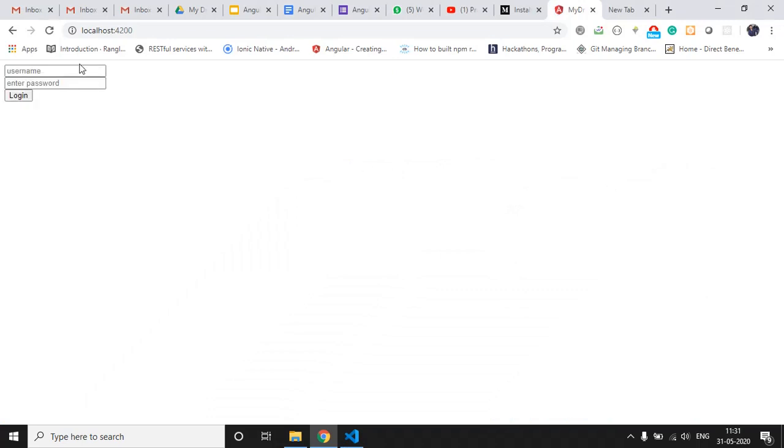Now here we are on the login component. We enter something, and when we click on login, the expected behavior is that it should go to the home page, right? So now I'm clicking it. Yes, we have successfully implemented the navigation as well. I think we have covered all the things which we proposed in the overview of this session.